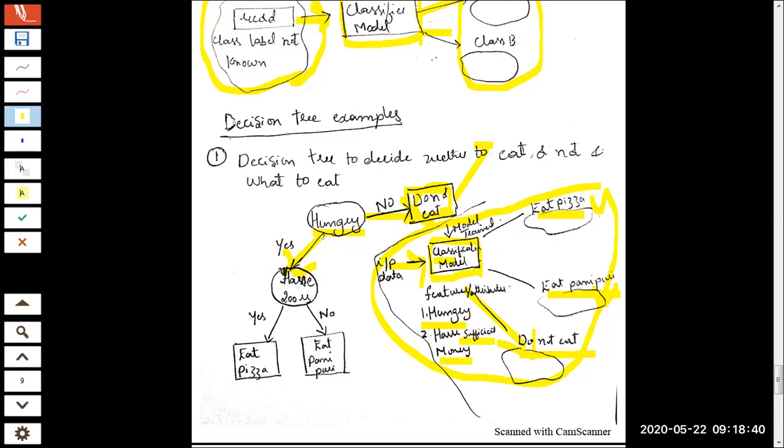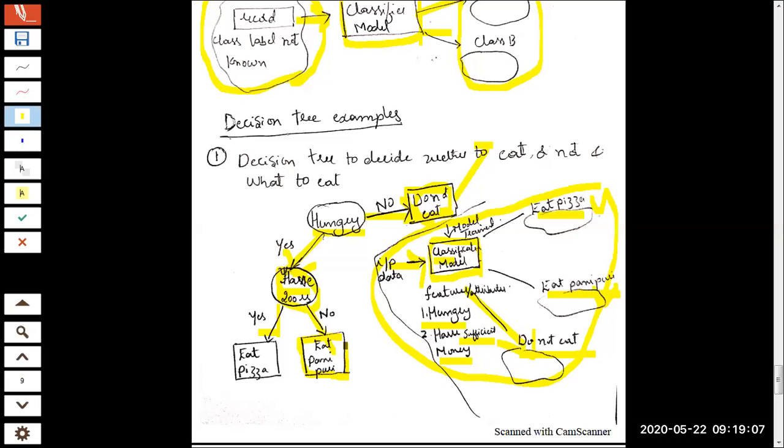So that has been introduced as the next node. This will help us round up on a specific class label which is available. We have a constraint here in this node. 200 rupees was just an example. If he is having 200 and above, you will go with pizza. Less than 200, no other option, he needs to go with eating pani puri.